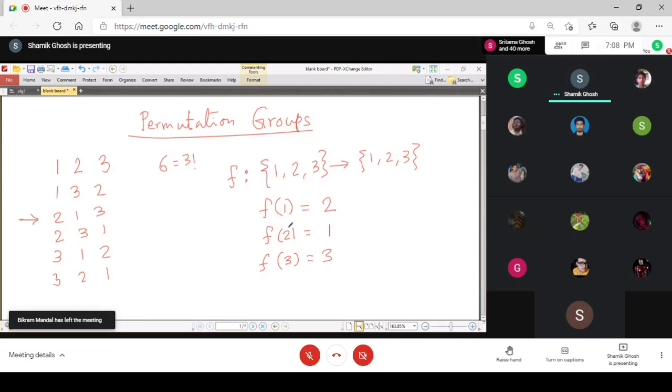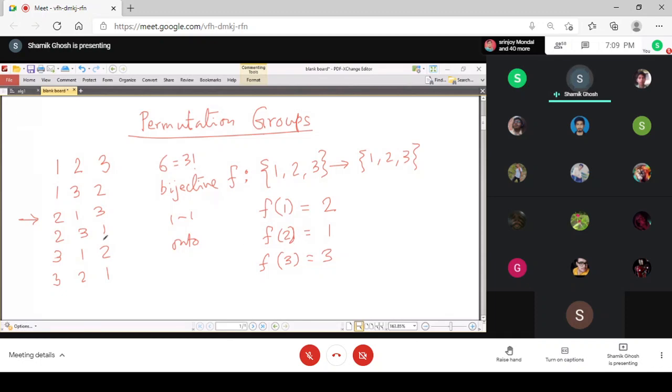So what is the speciality of this mapping? What kind of mapping is this? Bijective. That is, one-one and onto, that is bijective, very good. This is a bijective map, that is, 1 to 1 and onto. Since we are using all three numerals in the image, it is onto, and no two elements are mapped into the same element, so it is 1 to 1.